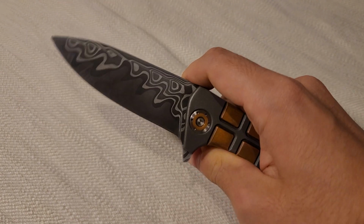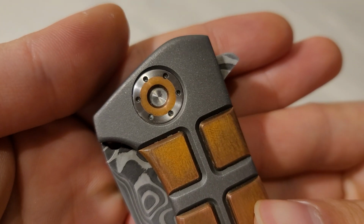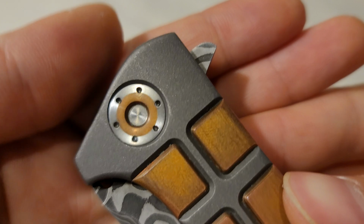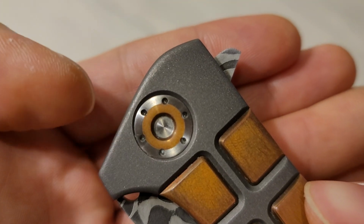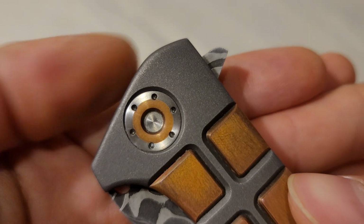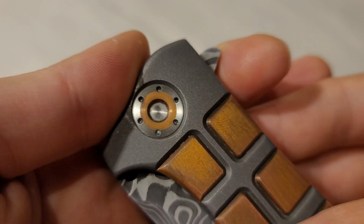And let's see, in terms of fit and finish, we must look at the pivot. Look at that copper inlay. It looks like it kind of goes over each divot, so I'm guessing the copper inlay was inlaid first before Todd kind of milled in each of the grooves here around the pivot. But